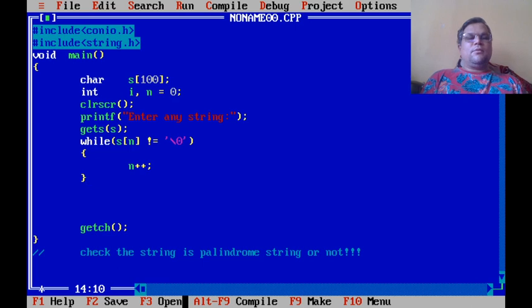So n will give me length of the string. Then what we need to do now, we have to take a variable i, which is pointing to the first element. Then the i should be incremented till we do not reach the end of the string. That means i should remain less than n, that is length of the string. Every time I should increment i by 1.